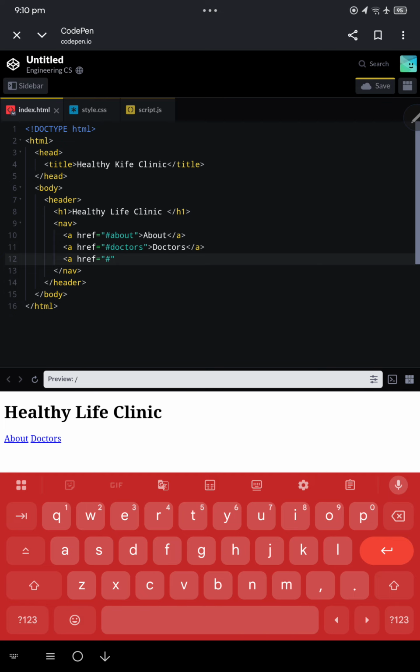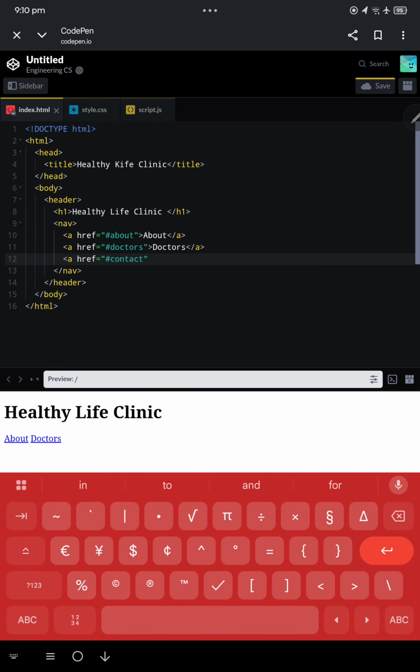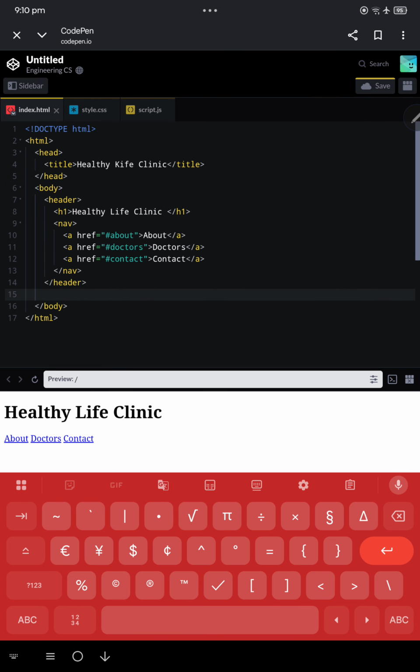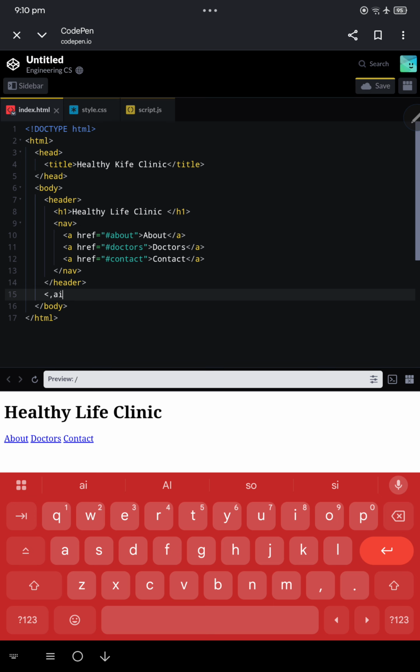So then I'm going to link this to contact, and then here I'm going to write contact. So after this, the header part is done. Now I'll go to the main,